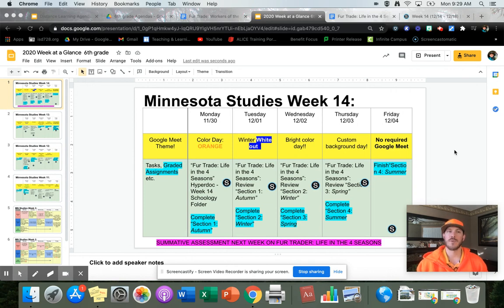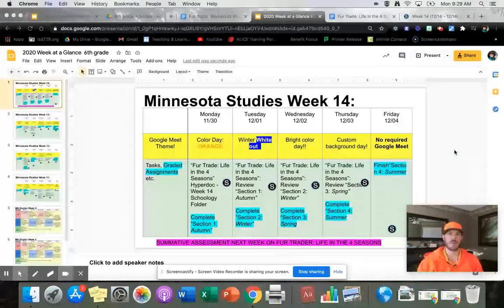Before I get into this week, let me recap last week a little bit. Last week, students were learning about the fur trade workers, the people who were involved in the fur trade in Minnesota and in North America during the 1500s, 1600s, and 1700s. At the end of the week, we were playing a game. It's kind of my version of the Oregon Trail, but we called it the Voyager Trail, as the students embarked on a journey as a Voyager to experience the fur trade in a more interactive way.